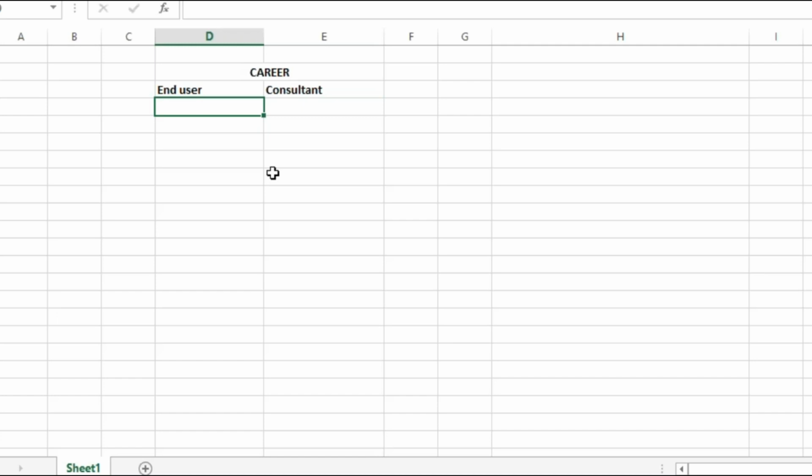Okay? So an end user requires a system to post their day-to-day transactions from where reports can be generated. It could be any system. Today they might be having SAP, tomorrow they might decide to shift to Oracle, day after tomorrow they might take some other system in their organization.